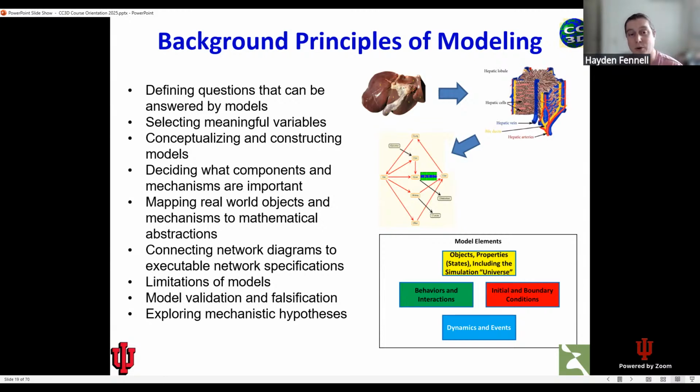Deciding which components and mechanisms are important. So it's actually very rare that you would sit down and build a computational model that is an exact one-to-one replica of the physical system. Usually that's too computationally expensive, and it's also usually not necessary to answer the questions that you're trying to answer about your system. So being able to determine which pieces of the very complicated real-world biological system can be safely removed to still answer your questions is a big part of the